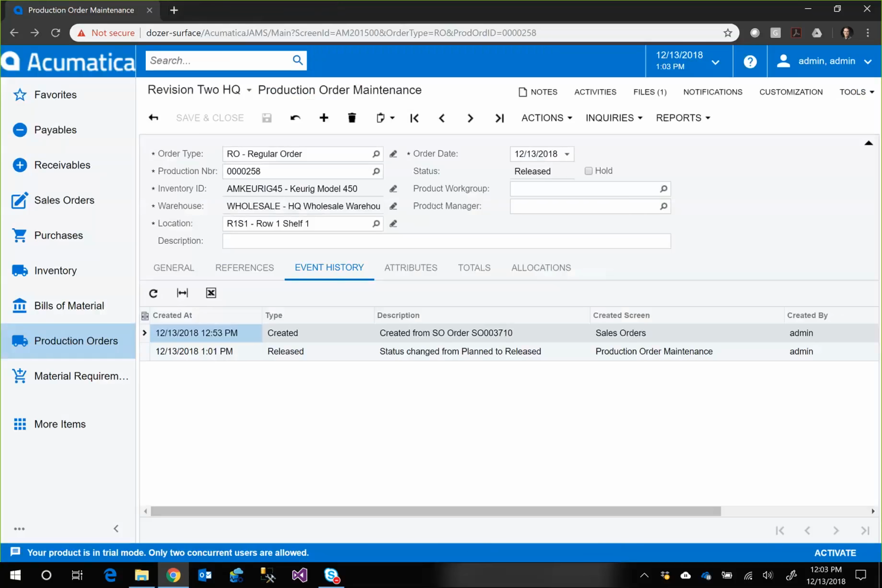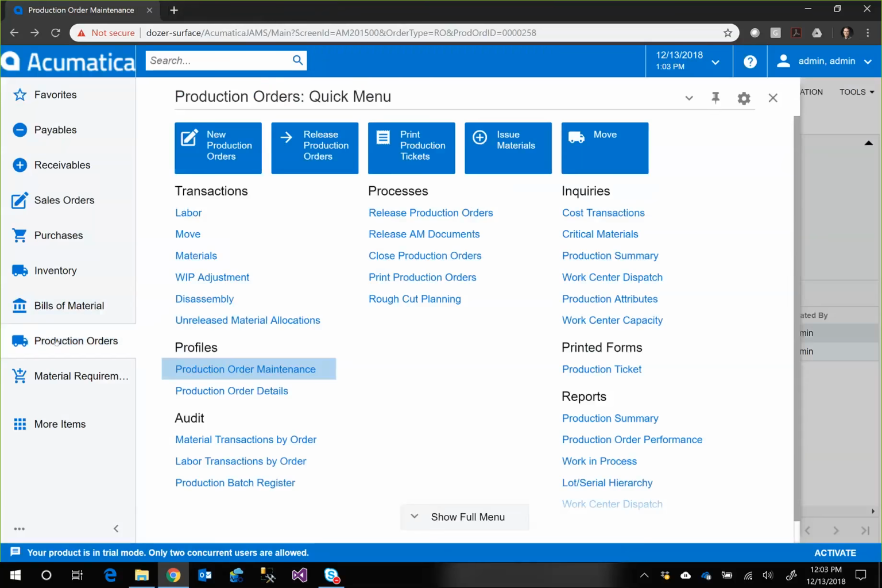So now that we've released this production order, let's talk a little bit about the scheduling aspect of this. So we've created our production order, we've released it, and in this case we went ahead and printed our production ticket or traveler. But now we want to get into a more advanced type of scheduling. So let's say I come back over to my production orders here, and let's actually take a look at